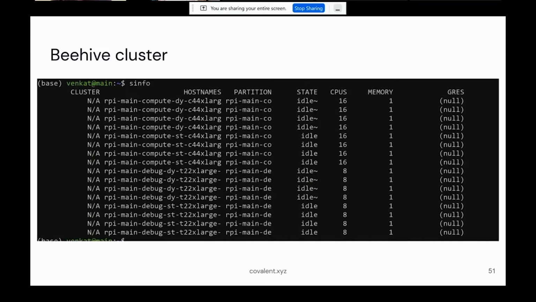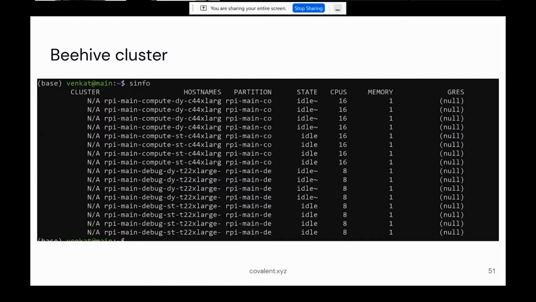So the one thing that ought to be mentioned here is that this is a cluster that is running in AWS. AWS is the cloud provider and this cluster is actually running there. Traditionally, if this was an on-prem Slurm cluster and you have access to it and we log in, and you want to take a look at the state of all the compute nodes on that cluster,